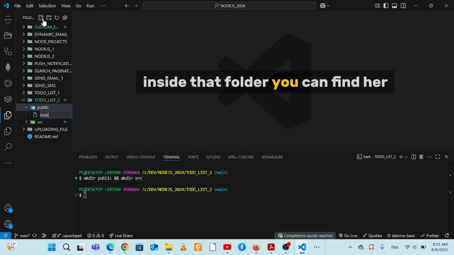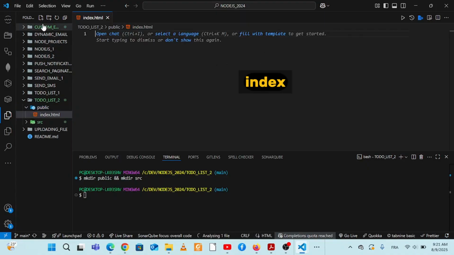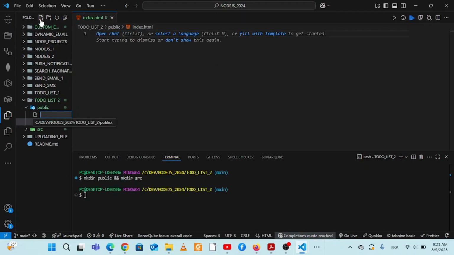Inside that folder, you can find index.html